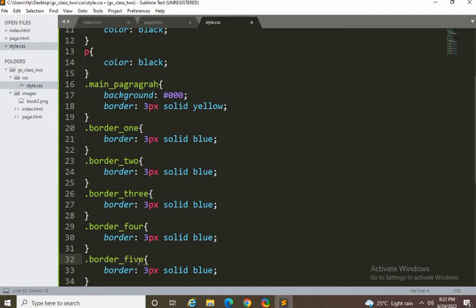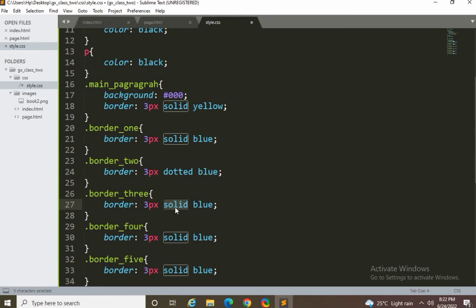So we can add different values to it. So the first one is solid. Border 1 we say solid blue. The second one we can change the value to dotted. The third one we can change the value to